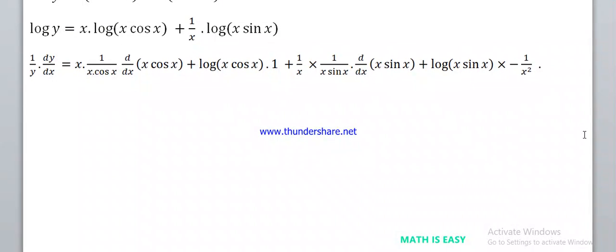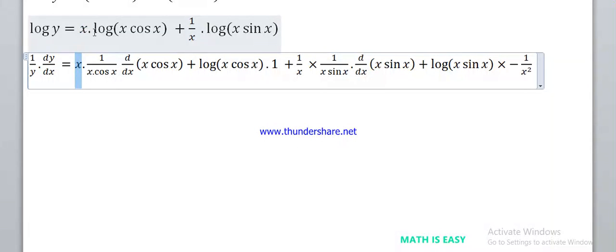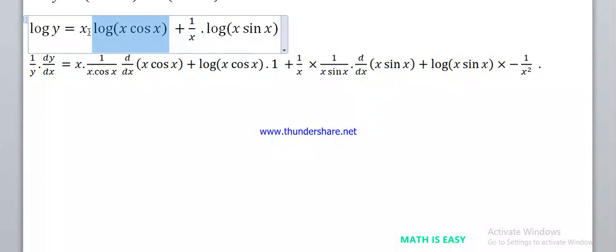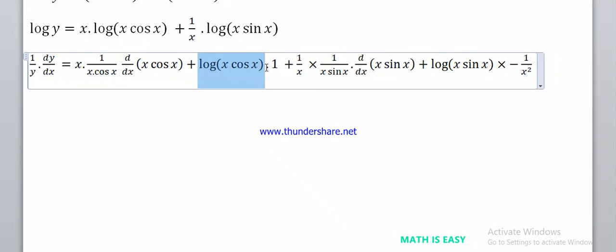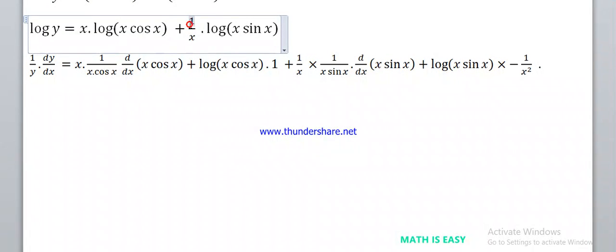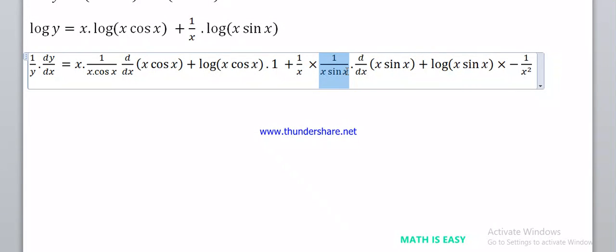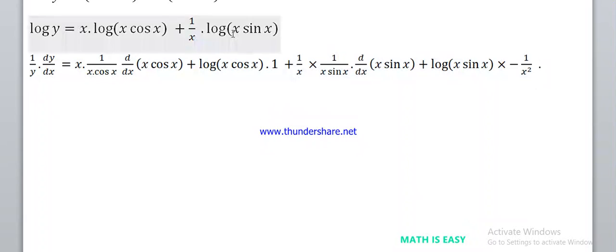I hope you understood here. U, that I kept U as it is. Derivative of log theta is 1 by theta into derivative of theta. I kept derivative of theta as it is. Plus V into derivative of U. So V here I kept as it is into derivative of x is 1. So UV formula applied. So here also again you are going to apply UV formula. U into derivative of log theta. Derivative of log theta is 1 by theta into derivative of theta plus V into derivative of 1 by x is minus 1 by x square.